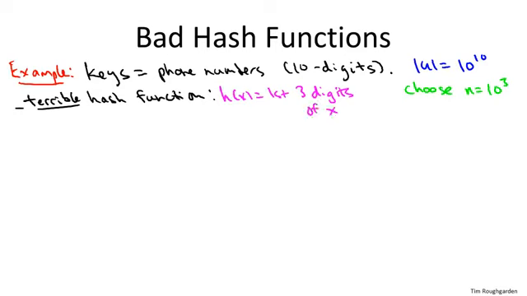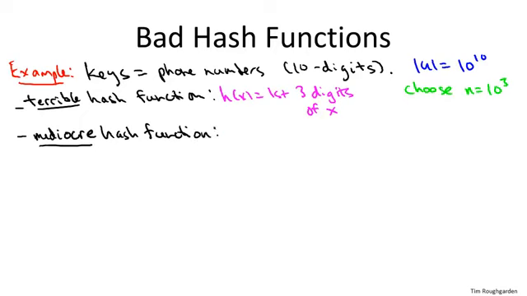You have a huge list in the bucket corresponding to 415. You have a huge list in the bucket corresponding to 650, the area code at Stanford. You're going to have very slow lookup time for everything that hashes to those 2 buckets. And there's going to be a lot of stuff which hashes to those 2 buckets. So, terrible idea. So a better but still mediocre hash function would be to do the same trick, but using the